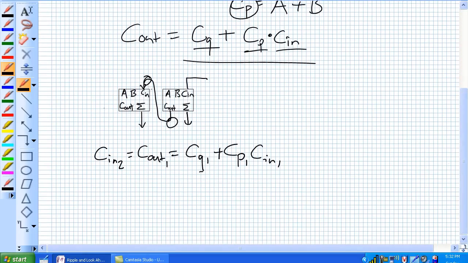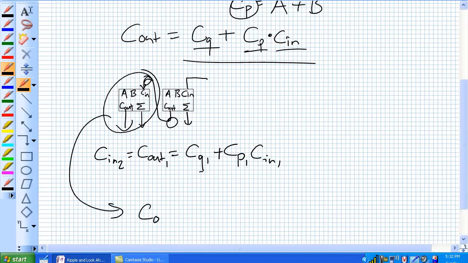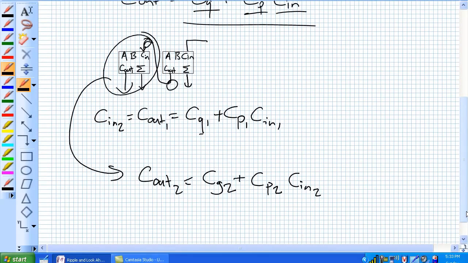Now what is stage 2's carry out, C out 2? If we use the formula that we had earlier, it's the carry generated by stage 2 or the carry propagated by stage 2 and the carry in of 2. That's what your carry out for stage 2 is. But this guy right here could be